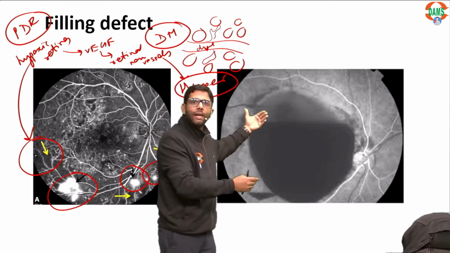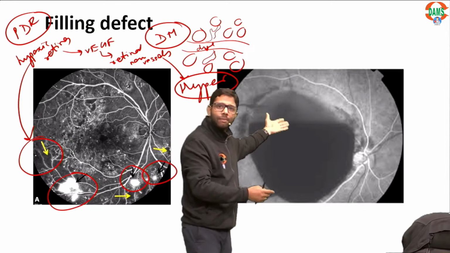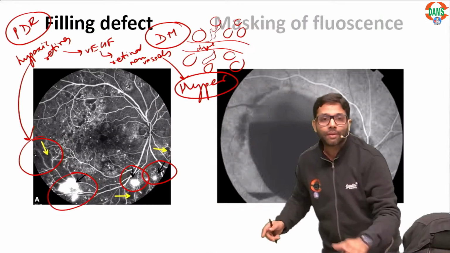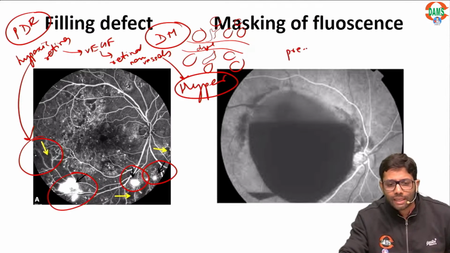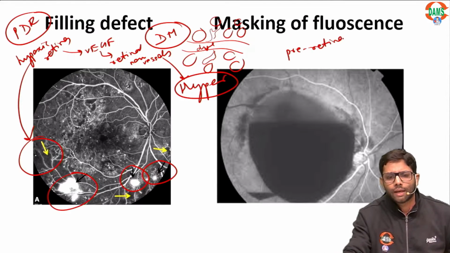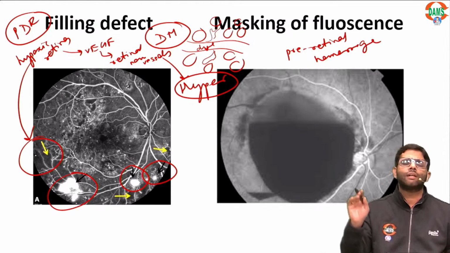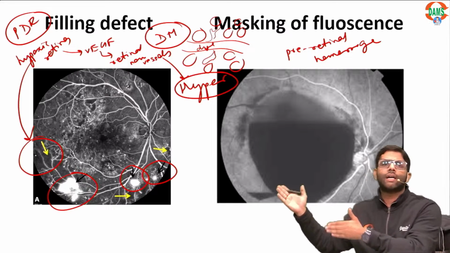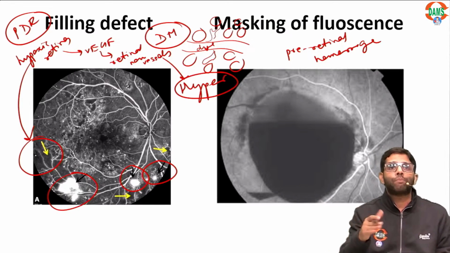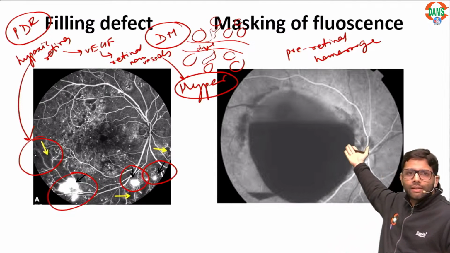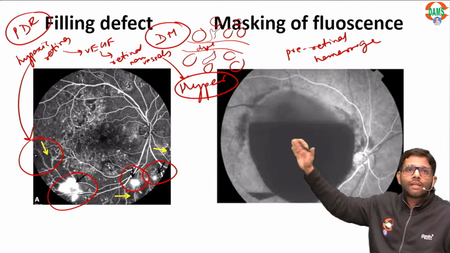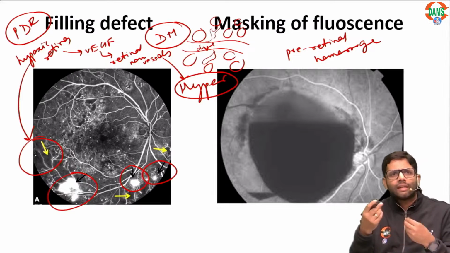You cannot see behind anything. You cannot see anything behind the retina. So this is a masking of fluorescence. Any blood, any pre-retinal hemorrhage or any hemorrhage per se will be masking the dye, causing hypofluorescence. You cannot see anything behind the retina, na? That's why it is in front of the retina. Pre-retinal hemorrhage, vitreous hemorrhage, even intraretinal hemorrhages are